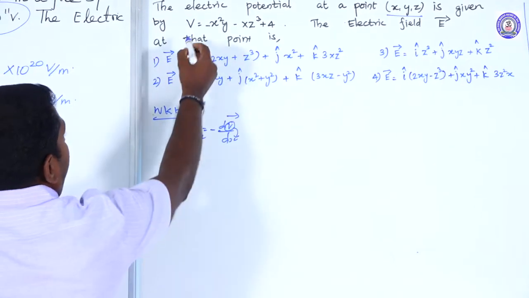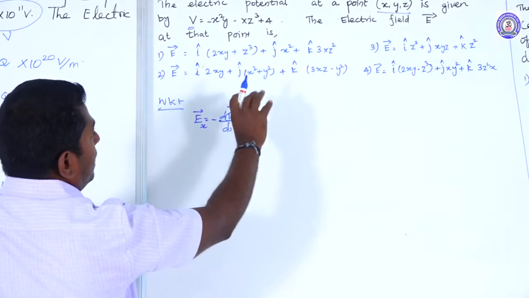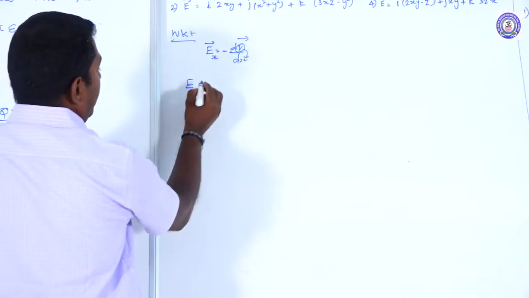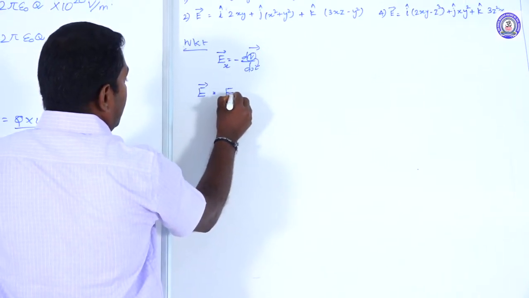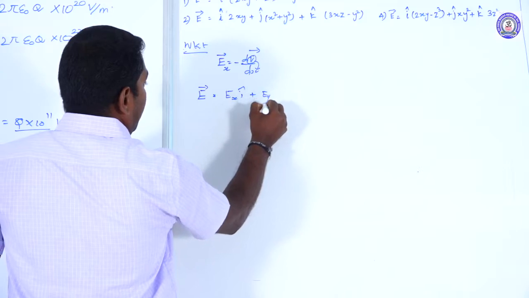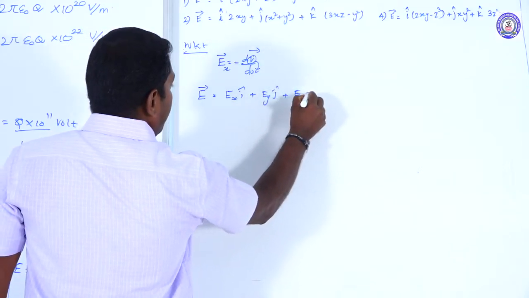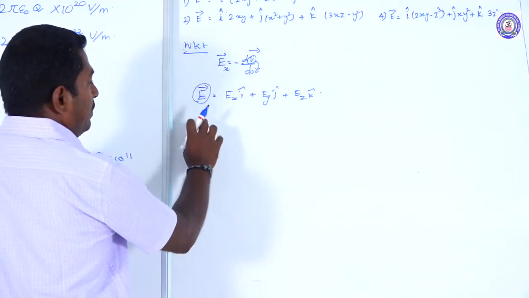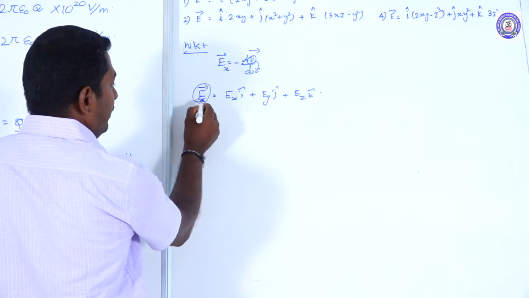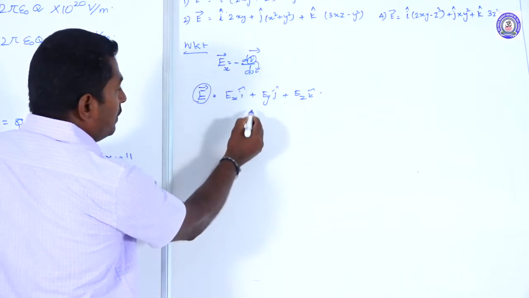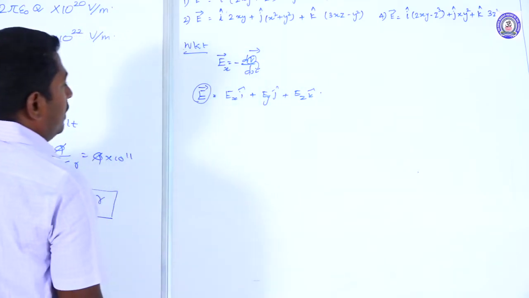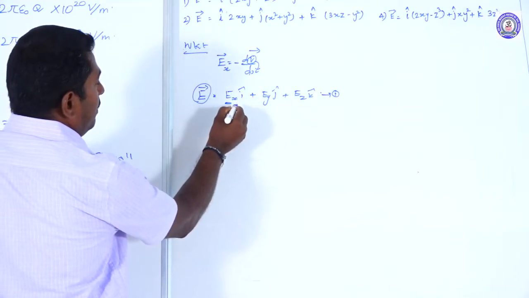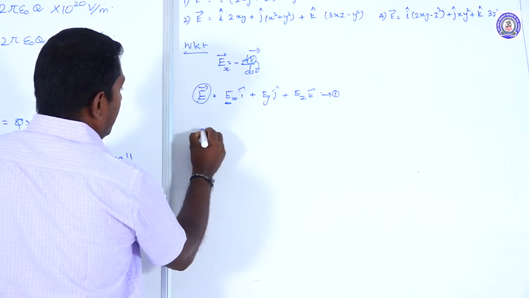But in this case, the variation of electric potential depends upon all three coordinate axes. It can be rewritten as the resultant electric field at a point in space: E vector is equal to Ex i cap plus Ey j cap plus Ez k cap. This is the resultant electric field at a point in space. It can be calculated with the help of the expression E vector is equal to Ex i cap plus Ey j cap plus Ez k cap, which is equation number 1. First we are going to calculate the electric field intensity at a point that depends upon the x coordinate axis.